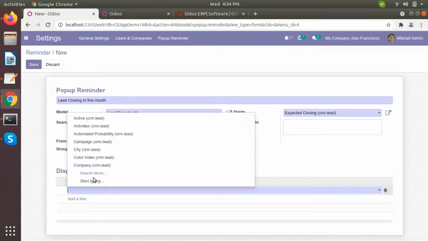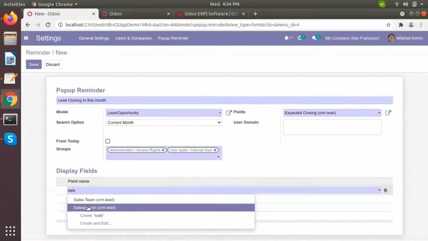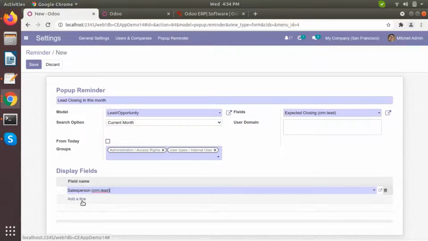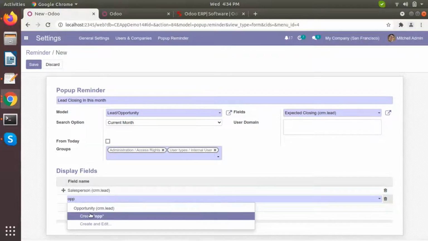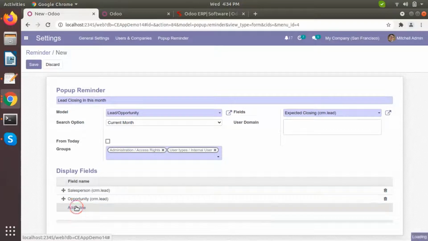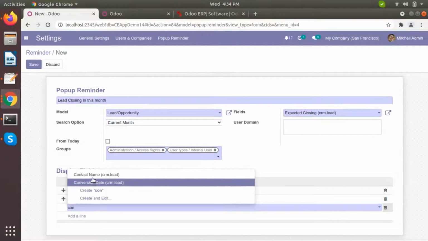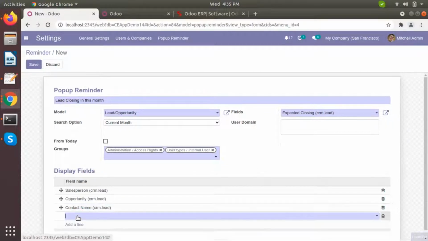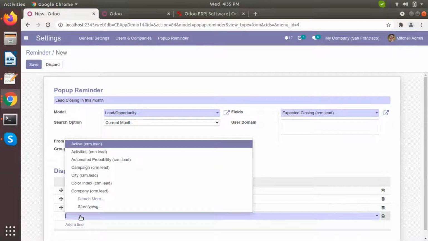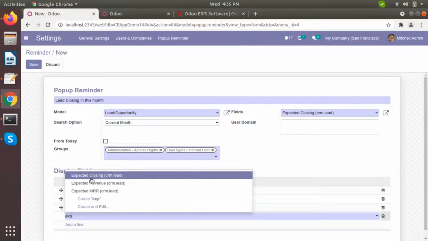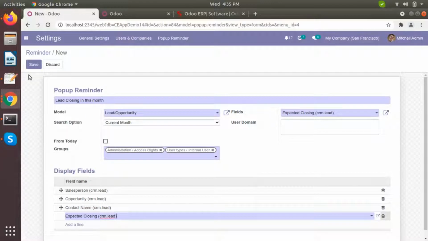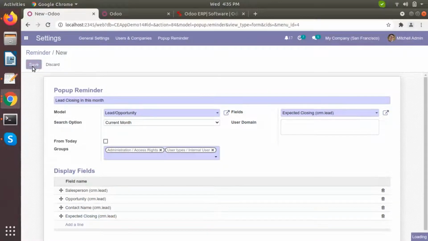So let's go to our display fields, what we want to display. First of all, we will display the salesperson name, then the opportunity name, that is which opportunity it is, and the contact detail, so what the contact name was, and if there is any detail of expected closing date, that can be directly viewed.